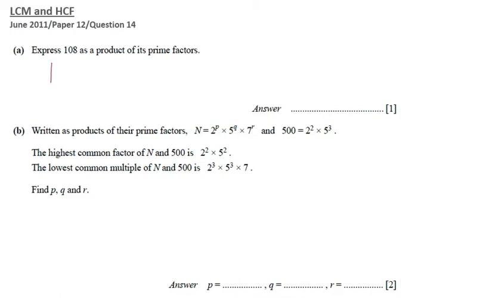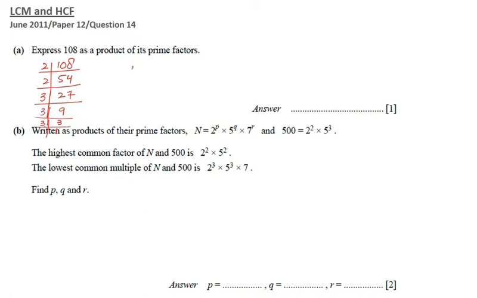Now, start with 108. As this is an even number, we will start with 2. So 2 fives are 10 and 2 fours are 8. Now again with the 2: 2 twos are 4 and 2 sevens are 14. Then 27 cannot come in the table of 2 because it's an odd number. So now we will start with 3. In the 3 table we have 3 nines are 27. Then 3 threes are 9 and 3 ones are 3.